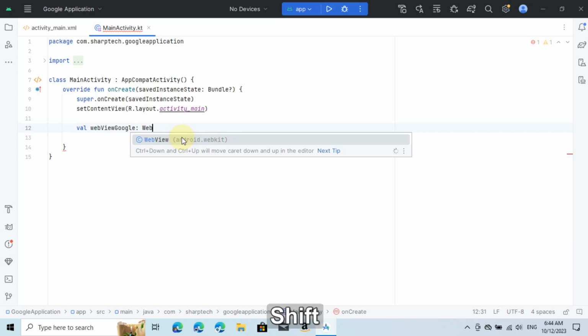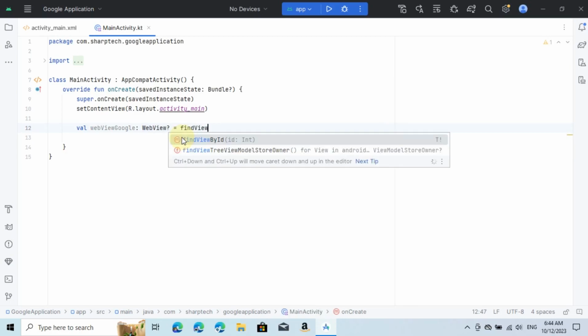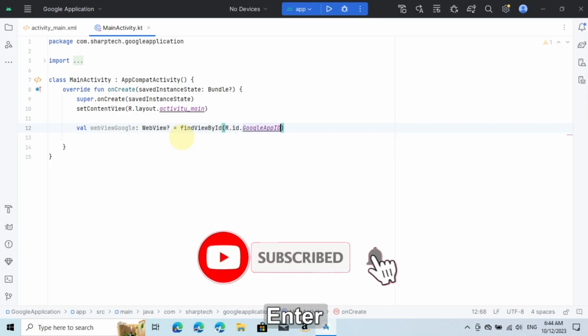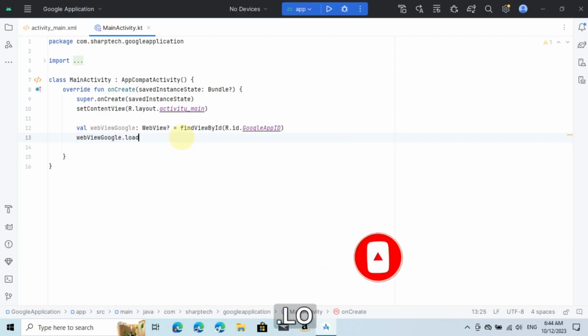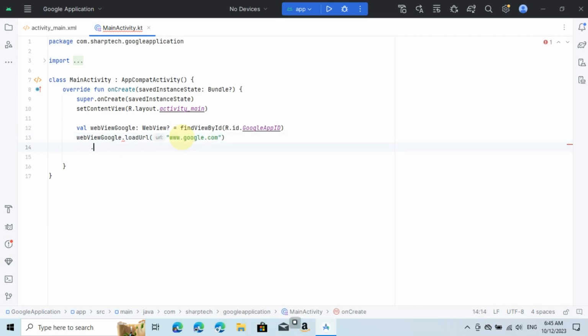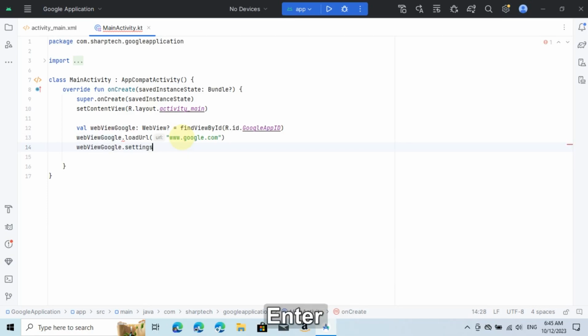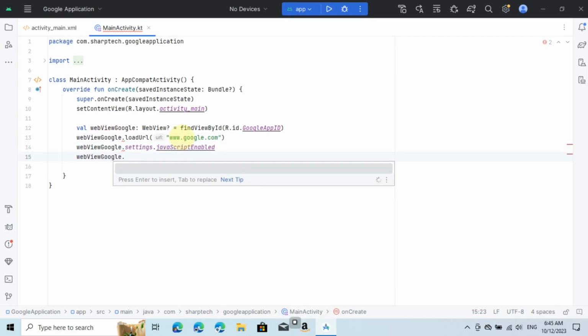and then WebView, and then is equal to find view by ID r.id.google app ID. So then WebView Google dot load URL www.google.com. WebView Google dot settings dot JavaScript enabled. WebView Google dot set view client,